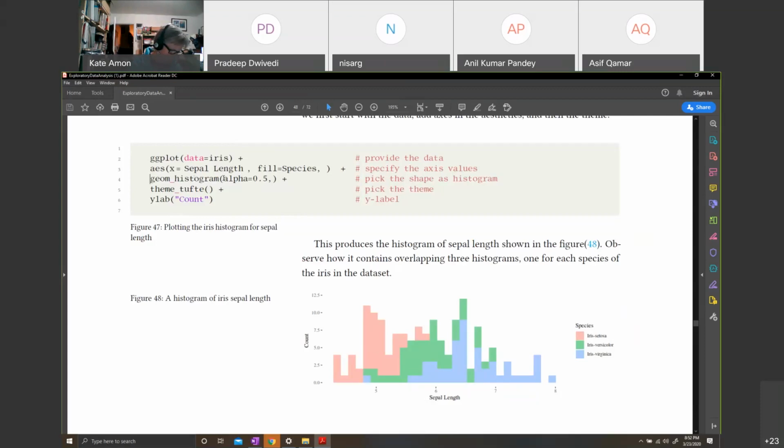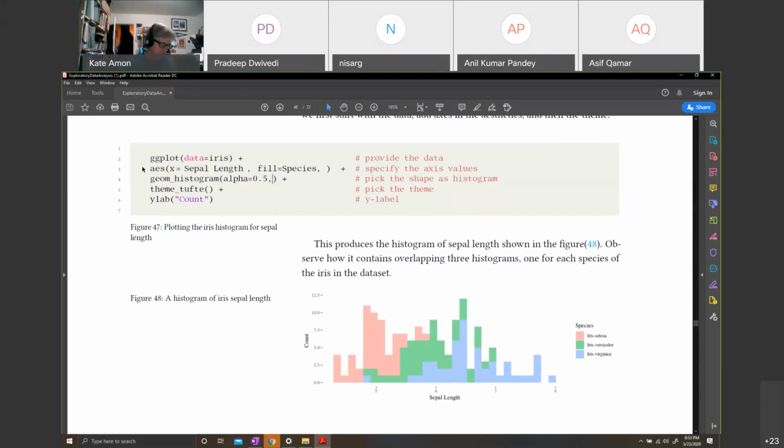Now you notice this alpha is equal to 0.5. Those of you who are good with CSS and HTML know what alpha is. What is alpha? Could anybody tell me? Transparency. Yeah, it's the level of transparency. If you fade it out a little bit, it looks aesthetically more pleasing. It looks a little bit too bold in color if you don't give transparency. So I would highly encourage you to always play with transparency to create a good effect.